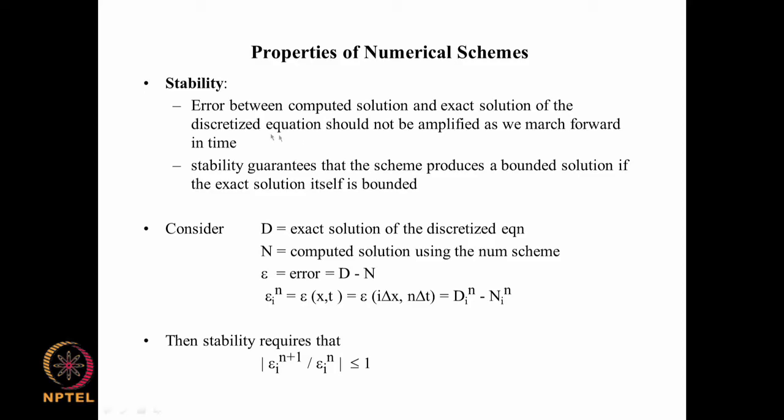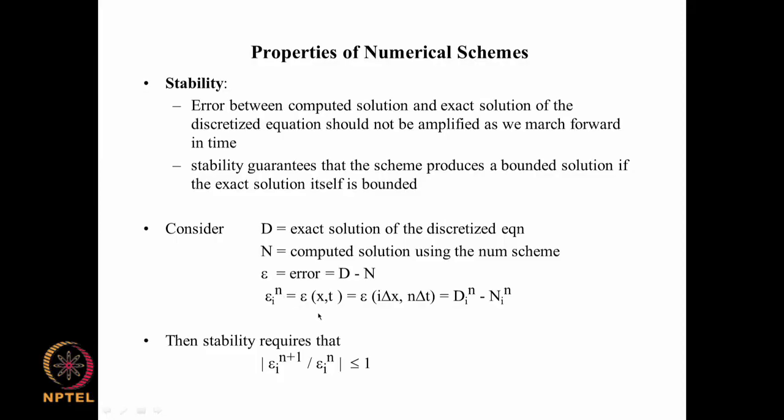So, consider D to be the exact solution of the discretized equation, the capital D, and similarly capital N to be the computed solution using a given numerical scheme, and both the D and N will vary with position and time. In a functional space of x and t, they are going to vary with x and t. So, you could say that D_i^n is the exact solution of the discretized equation at the spatial location i and at the temporal location given by the index n. Similarly, we can say that N_i^n